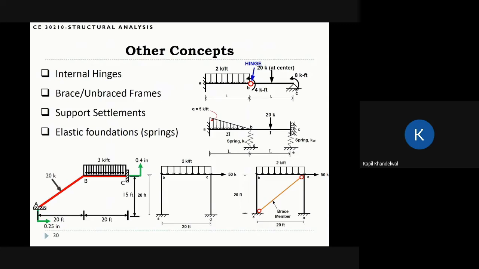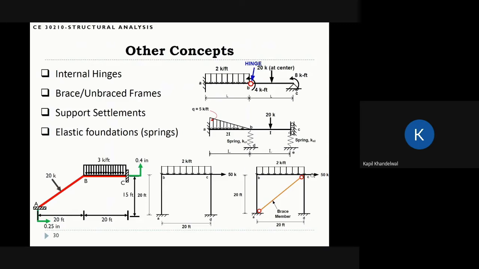Bracing helps to actually reduce the lateral displacements in a frame. For example, this is a portal frame that is not braced, and here is a portal frame with one bracing. So here the idea of bracing is nothing but a truss member. So a brace member is a truss member. A brace member can only carry axial forces. It cannot carry any